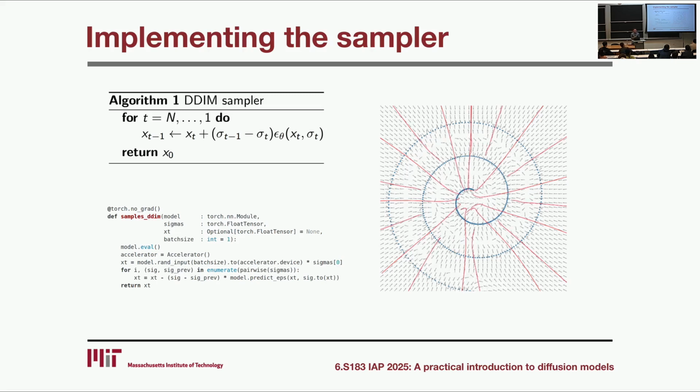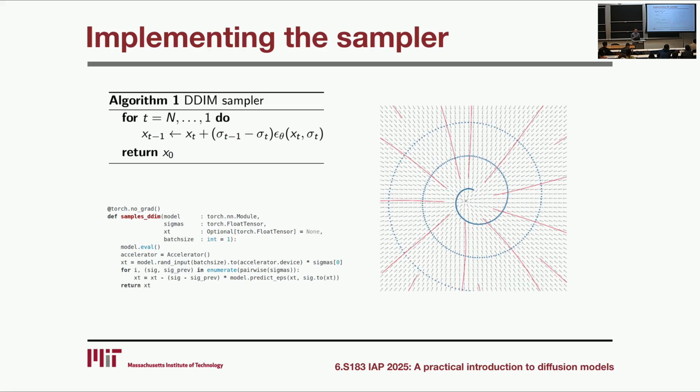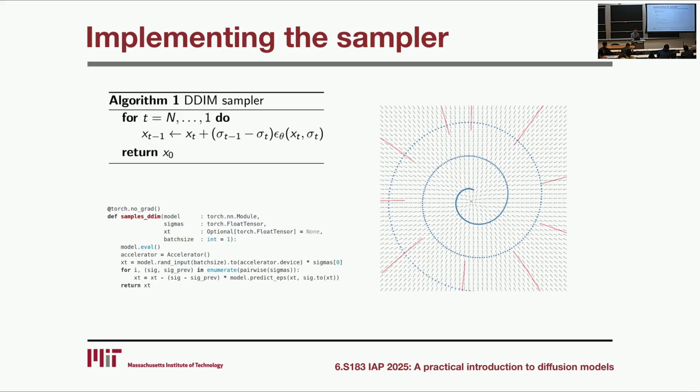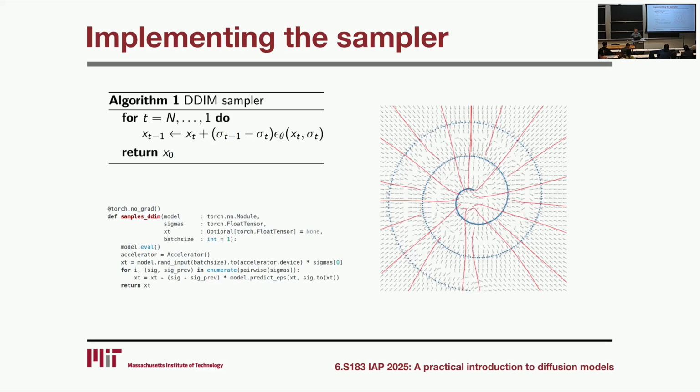Yeah, so this is a good way to visualize what happens for different samplers. We'll talk a bit more about different samplers later. So this is a very simple deterministic sampler, but there are many samplers out there. And one thing you might have seen